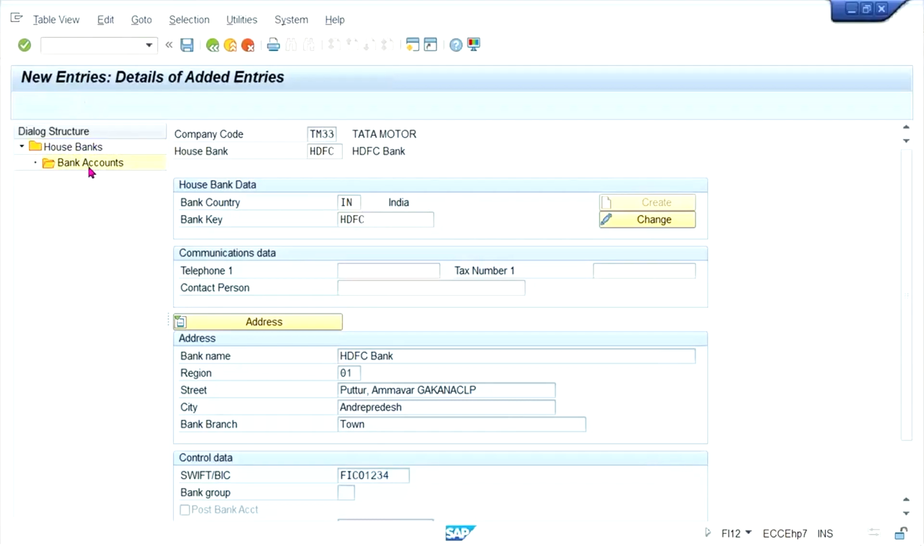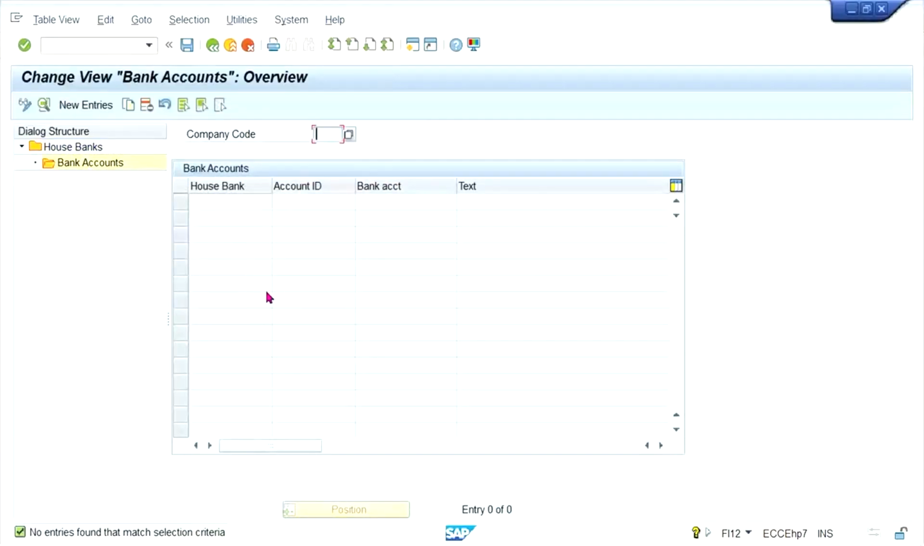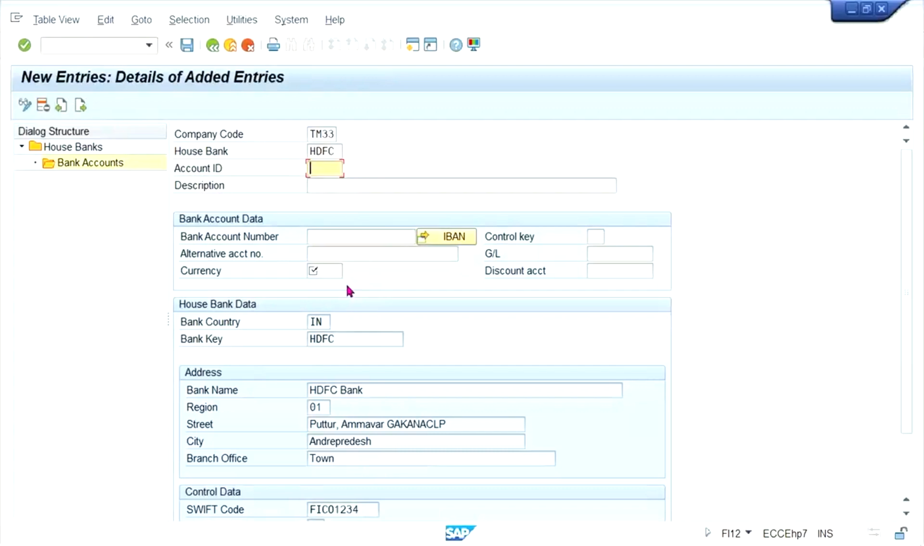Double click on bank accounts. So look at here, guys. House bank, right? House bank is your main bank account, HDFC or ICICI or HSBC, right? But within the bank, you can have 2 accounts, 3 accounts, even 4 accounts also. So click on new entry and then